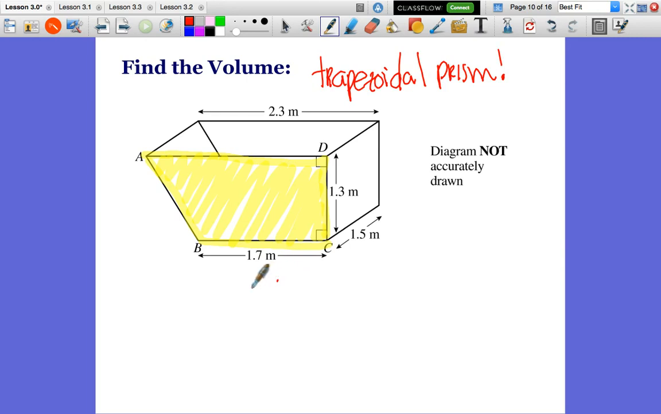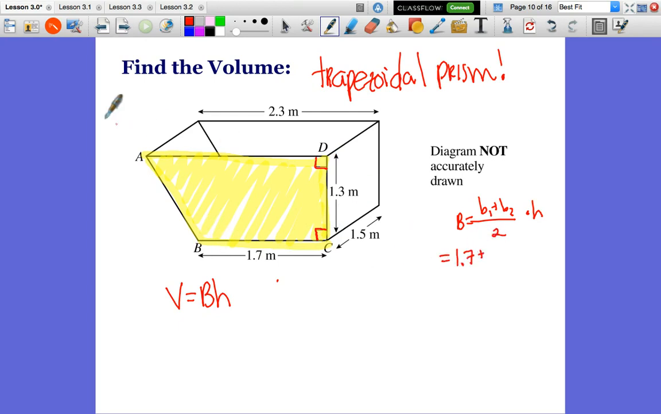Okay, so it's a prism, so area of the base times height. So then we have to figure out, well, what is the base? What is the area of the base? So for a trapezoid, you're going to do base 1 plus base 2, remember, average the bases times the height. So notice I'm just going to focus on what I just highlighted. So this is great because I know that these are perpendicular. So the two bases are going to be